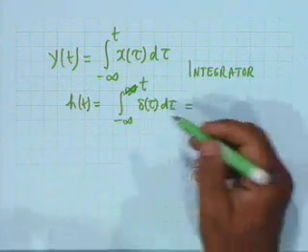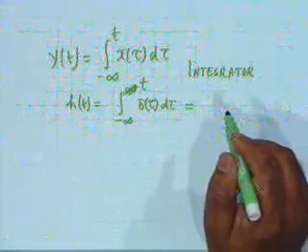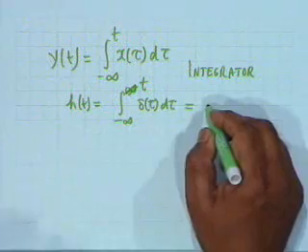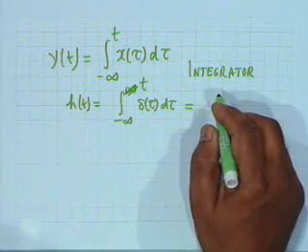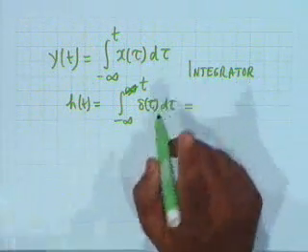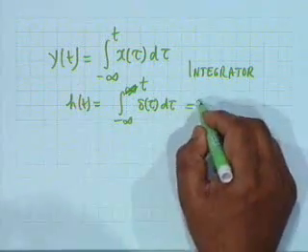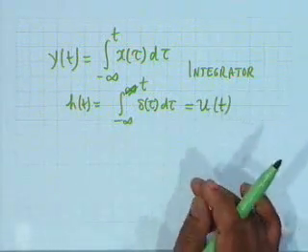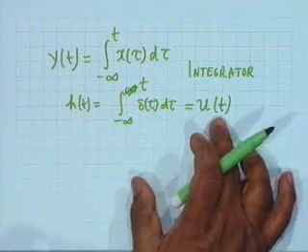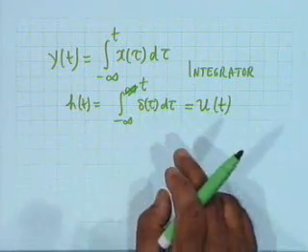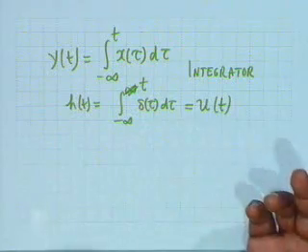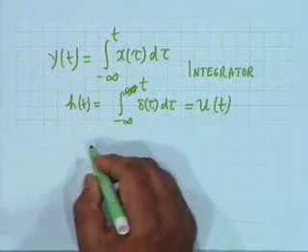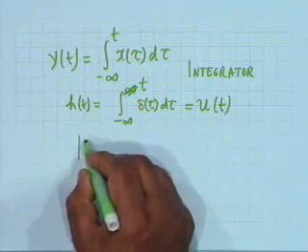It's the integral of delta tau d tau, so it's equal to unity for all t greater than or equal to 0, because delta tau occurs at tau equal to 0, and therefore this is simply u of t. We had considered this relation earlier, that u of t is the integral of delta t, and delta t is the differential coefficient of u of t. So h of t is u of t, and therefore